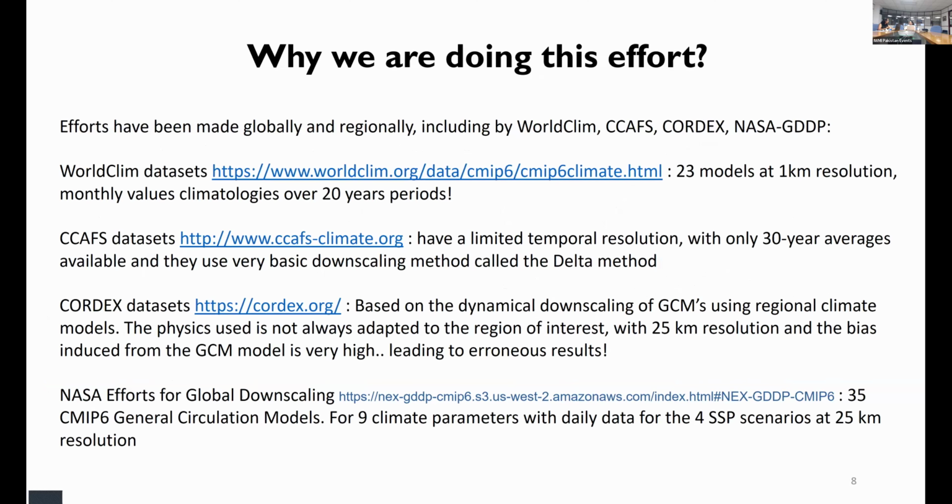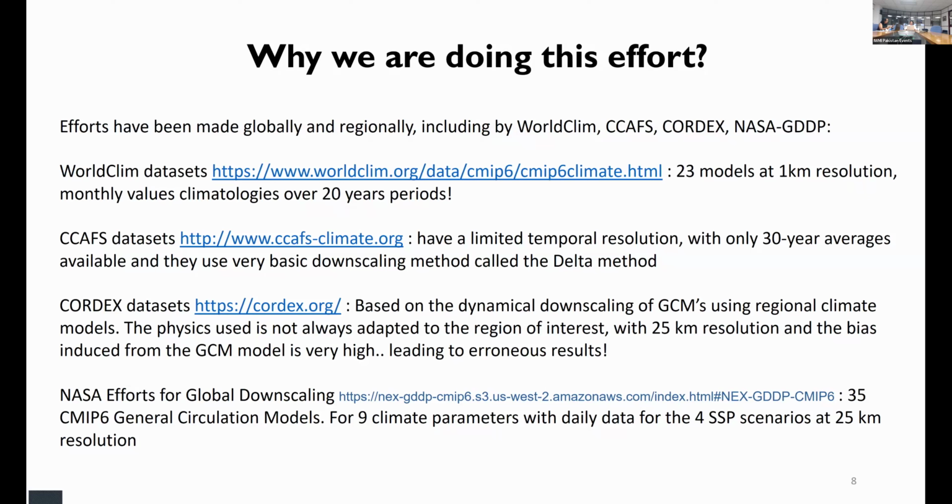First, we have the WorldClim datasets. These are at a very high spatial resolution of 1 kilometer and cover 23 GCMs from the CMIP6 experiments. While the spatial detail is excellent, the temporal resolution is very coarse, consisting only of 20-year climatological averages. This makes them unsuitable for understanding interannual or seasonal variability, and especially for analyzing specific extreme events that are critical